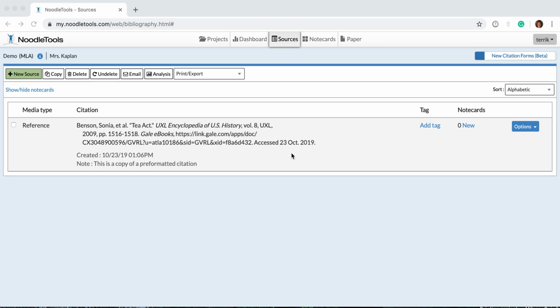This video will explain how to cite an ebook using the Quick Cite Copy and Paste feature in NoodleTools. I will be demonstrating using the junior level, but the process is the same at all three levels, beginner, junior, and advanced. Let's start by telling NoodleTools that we're going to cite a new source by clicking the green New